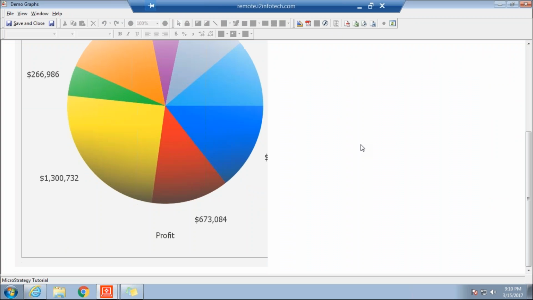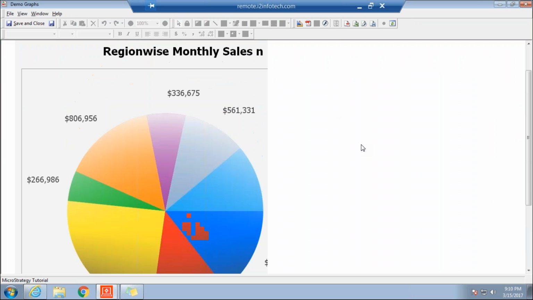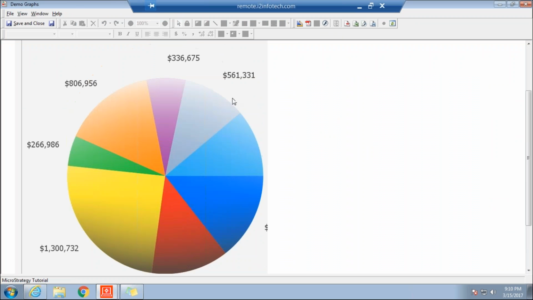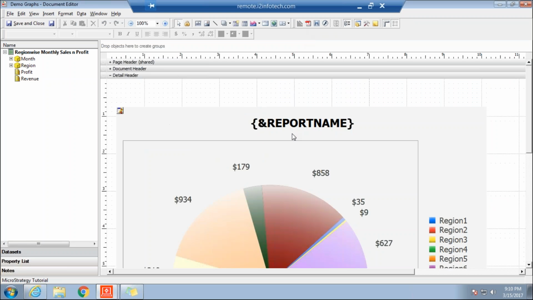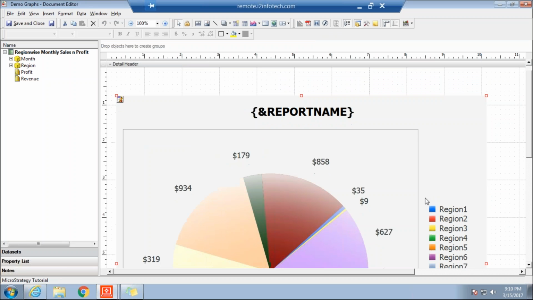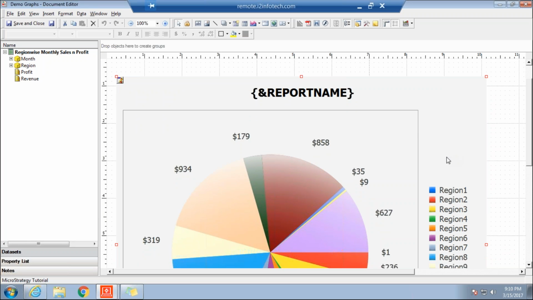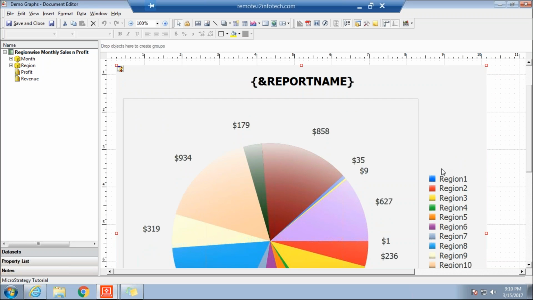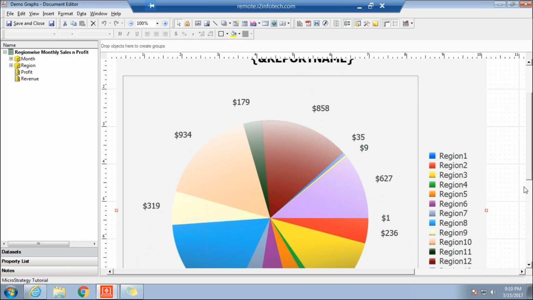So now here you also see the pie, but the region names, whatever region names you have, this legend is not getting displayed. Fine, then we'll just wait guys, no point in continuing like this. So let me ask the admin to